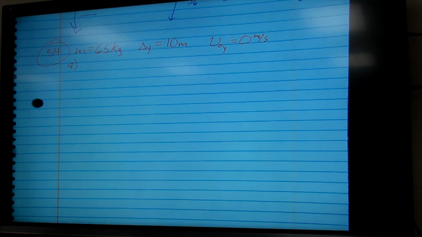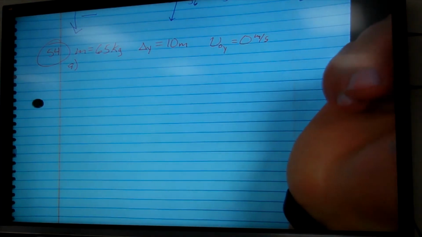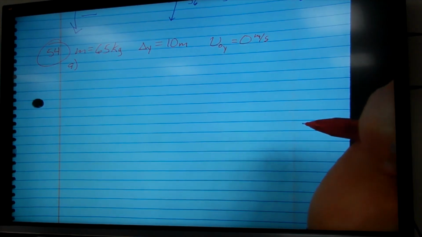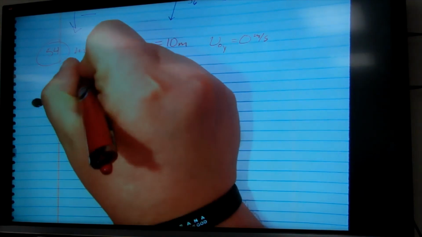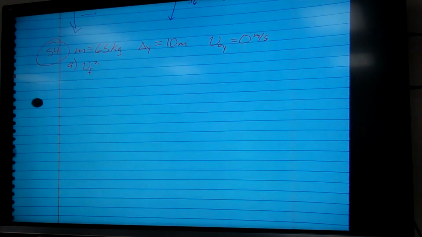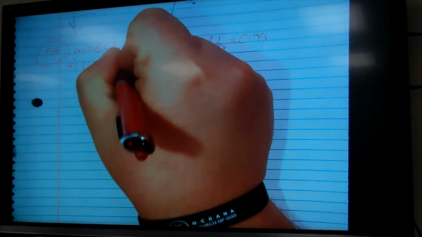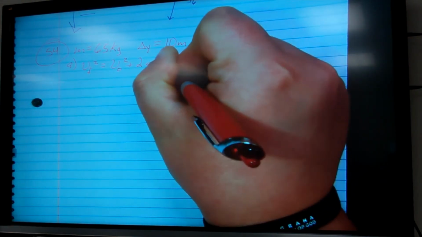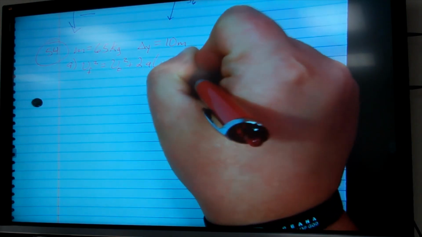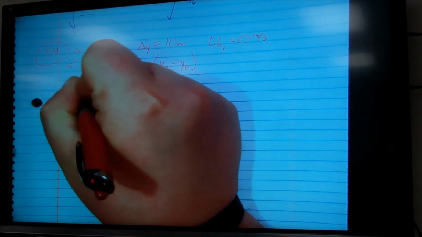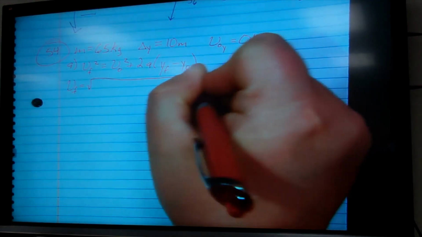So we find that velocity. At this point we do not know what time is. So what are we finding here? Final velocity when he's hitting the water. Final velocity squared is equal to initial velocity squared plus 2 times acceleration times y final minus y initial. So velocity final is equal to the square root of